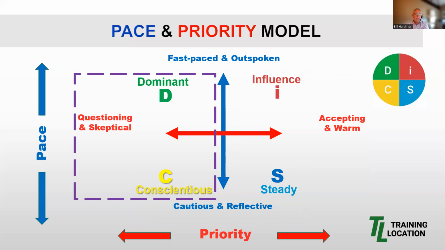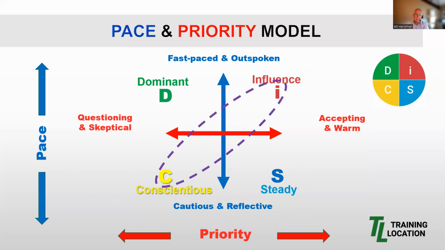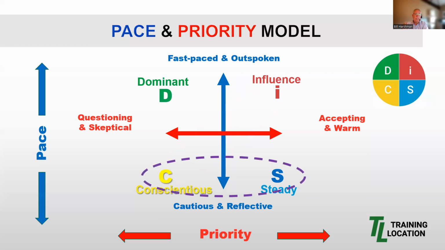Also, as you can see, there are a couple styles which are dissimilar from each other, meaning they share neither pace nor priority. Specifically, these are the D and the S, and the I and the C. Now, the model here makes it a little bit easier to see how different these styles are. So when they're interacting, this difference requires what I like to call stretching or flexing and adapting. For example, there are times when a parent needs to stretch to be more directive and times when they need to stretch to be more supportive. Same is true with differing styles of DiSC. Today, we'll be discussing interaction between the C and the S styles.